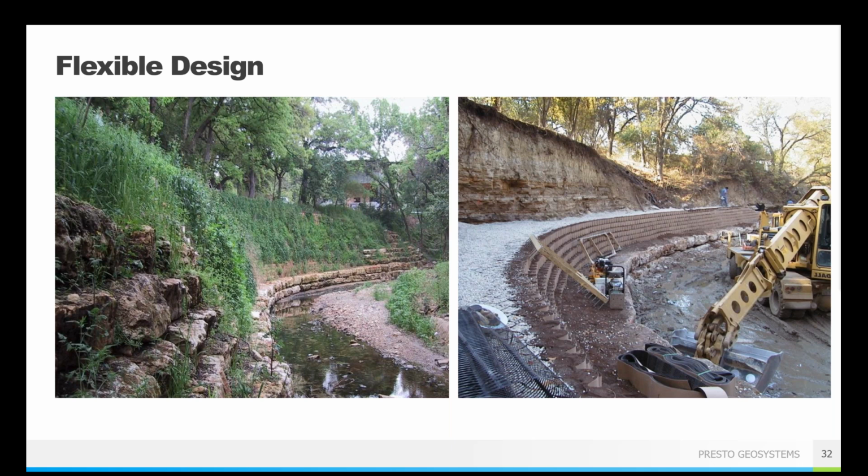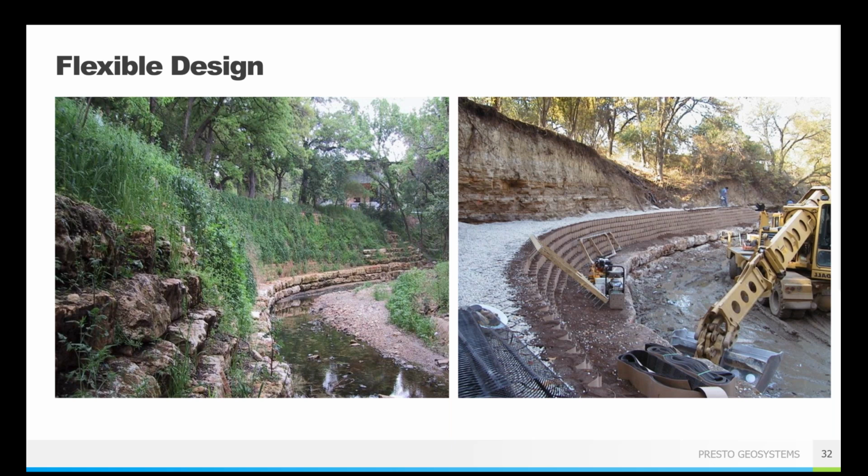So the GeoWeb system can handle those high water flows, and you can put it in with topsoil if it's low water flow, or if it's intermittent and there's not a lot of water there. But if it's continuous water flow, put in concrete so that you have that good hard armor protection for the water flow, and then do vegetation above the high water line so that you have that green look still. So a lot of good flexibility in terms of physical flexing around corners, but also flexibility on project needs.